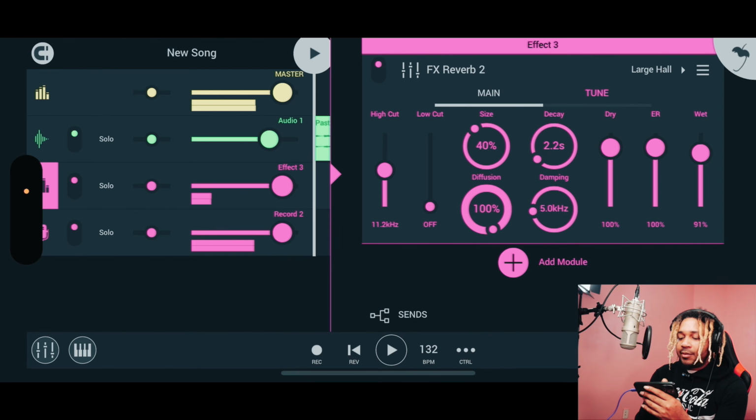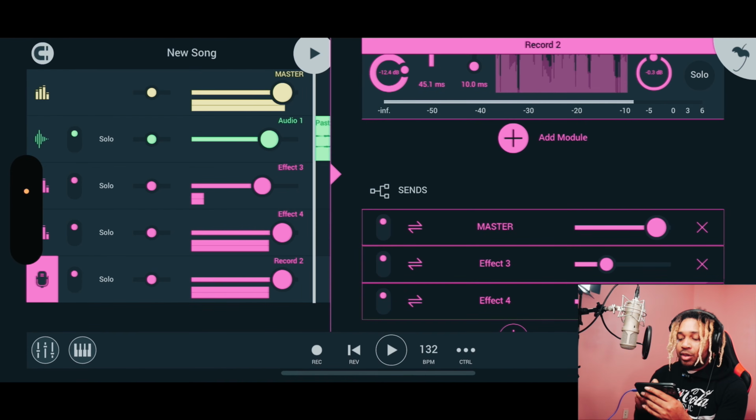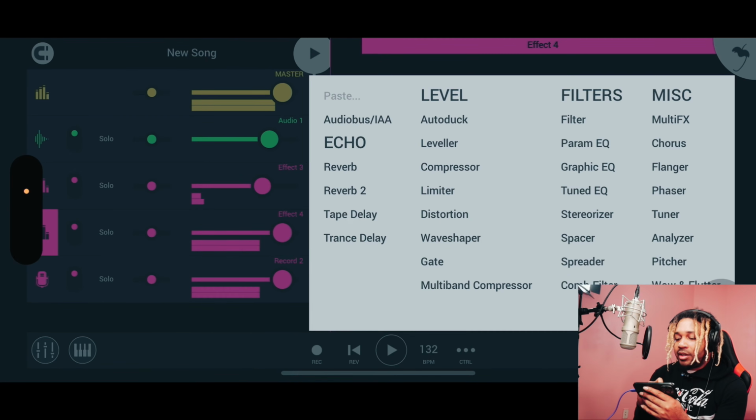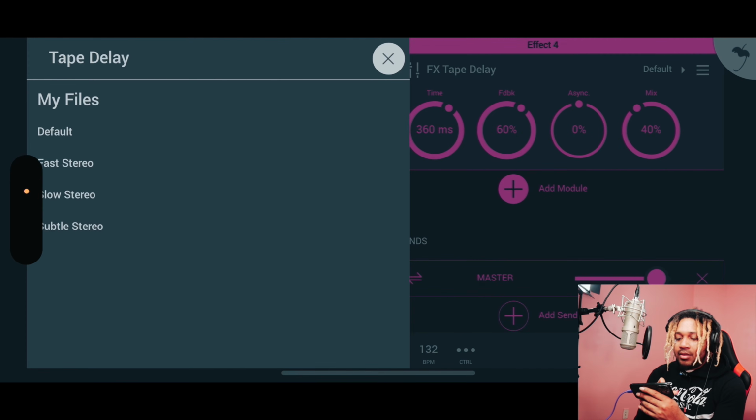All right, so let's say we need to turn it down. We can turn it down. We can mess with our settings here, and then we can go back here again and add another one. If we want delay, we just click on effect 4, add a module, and add a delay, and set it how we want it. So we want the time to be a certain thing. We could do it like slow,